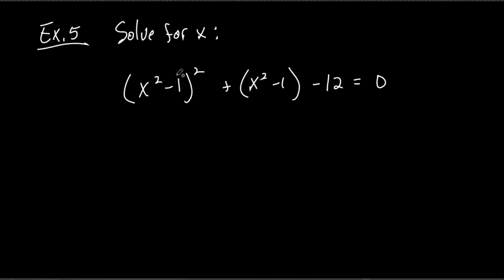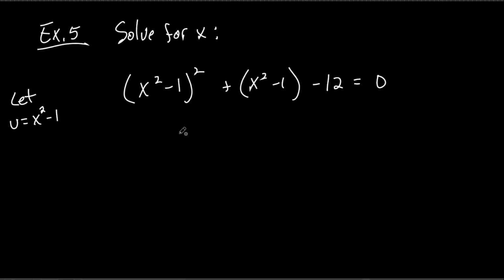So what are we going to do? Let's make this easier for ourselves. Let's not make this x squared minus 1 squared. Let's make it what? A u. So let u equal what? x squared minus 1. That thing right there. So I want this just to be one letter. And I'm going to use u, because that's what math people do. They use u to be x squared minus 1. Everybody good with that? Okay, so now what we're going to do is we're going to do our little substitution,